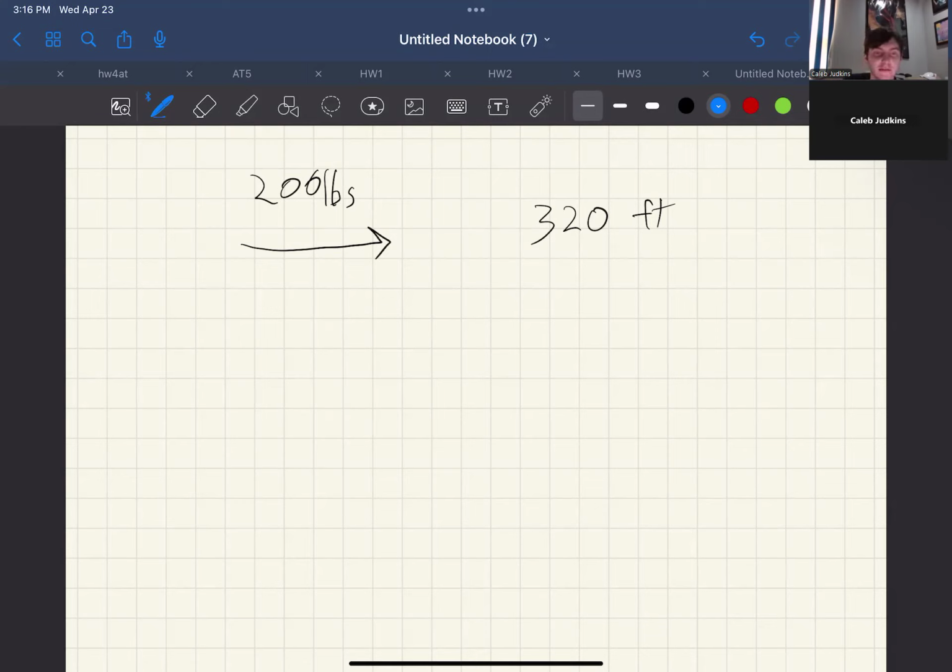So let's say we have some slope, some constant slope, and we have a block of ice, and it's sliding down the slope. Now, to get from the top to the end,